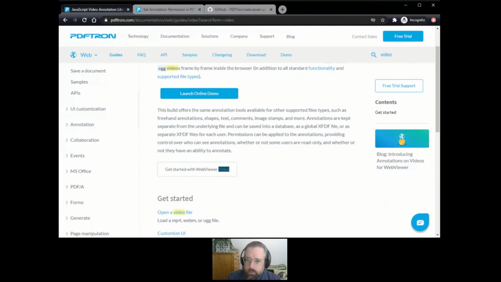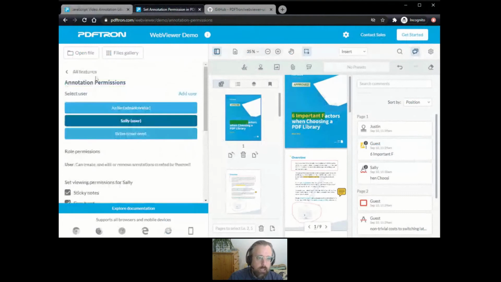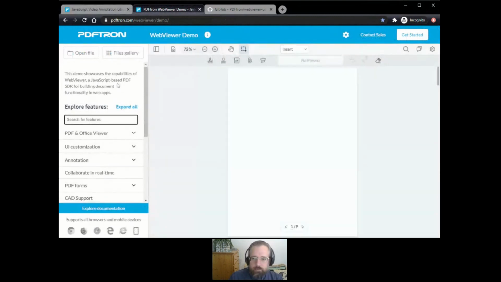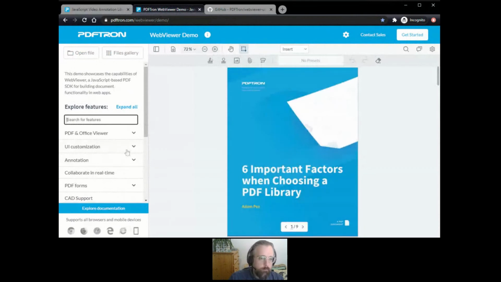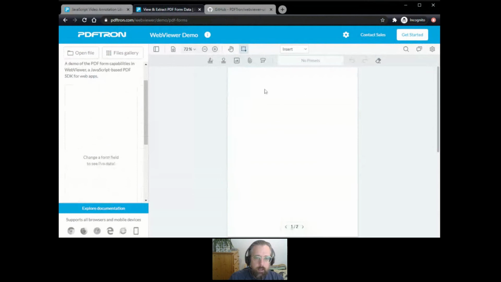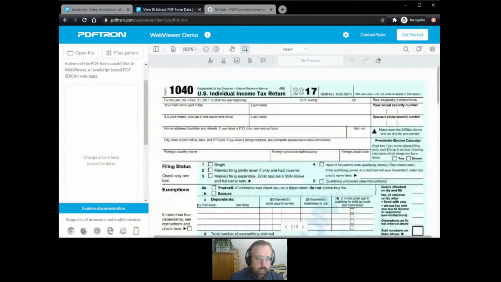So let's see. I also wanted to touch a bit on form filling. Sometimes in addition to viewing static content and collaborating on that, users will need to be able to form fill documents and potentially sign them too. So we have built-in support for PDF forms. Here what we have is a 1040 form. And just as with desktop PDF software, we can go in and start adding